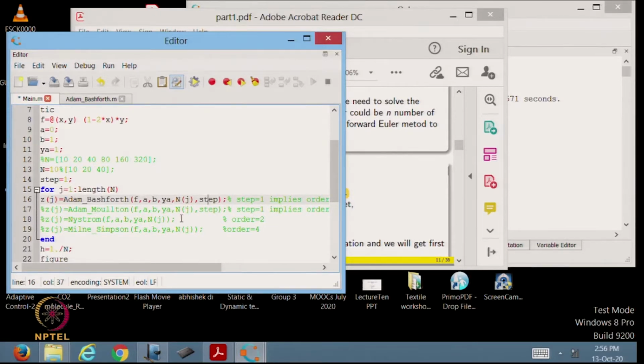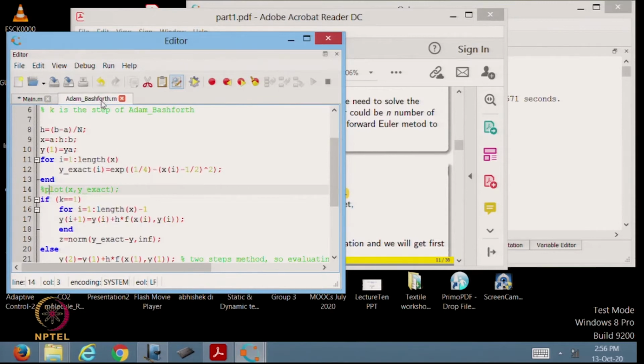Basically h will be 1 by n. And step basically means which method you want to choose under the Adams-Bashforth category. Accordingly, I have implemented this algorithm in the Adams-Bashforth function, which I am showing you now.